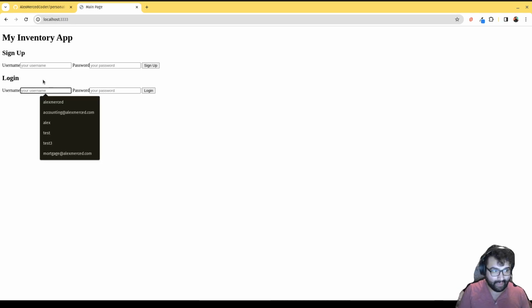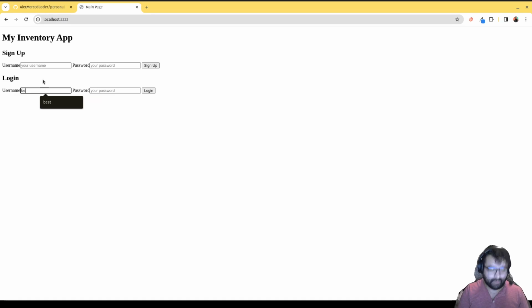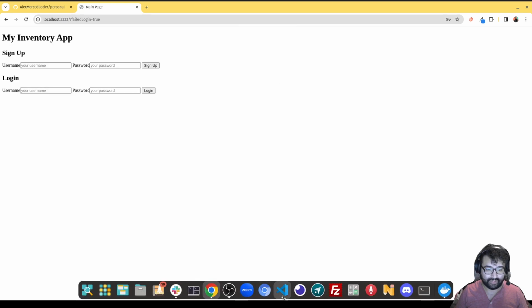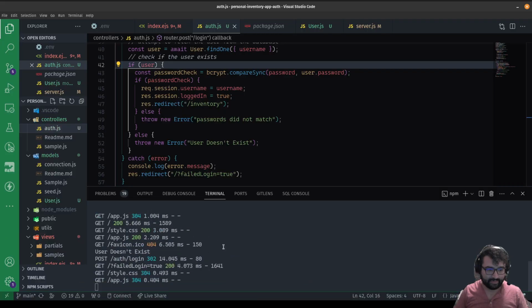So then what I'm going to do is, yeah, best test. Okay, and I should have a failed login. Login was failed. Good. And now if I look at my console, I should see that was because that user doesn't exist. And there it is. User doesn't exist. I probably should put a more detailed message if this were a professional website, like which user doesn't exist. So that way I know